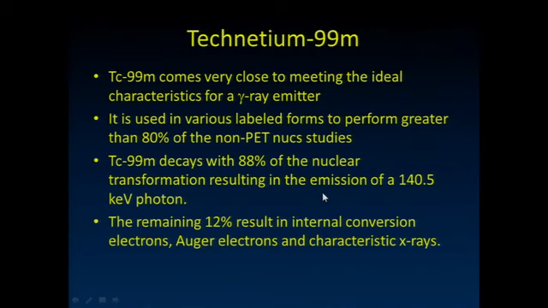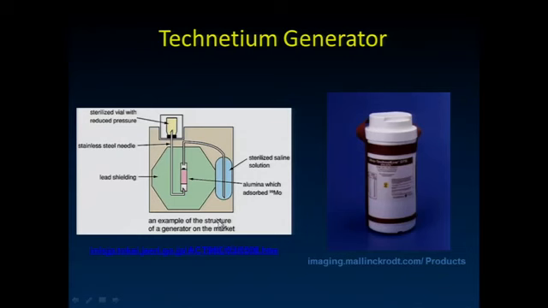That's ideal, escapes the body like we talked about, still low enough that we can stop it fairly readily. Unfortunately, the remaining 12% results in these energetic electrons and deposits dose in the patient, but that's a relatively small amount. And for that reason, there's been a lot of chemistry